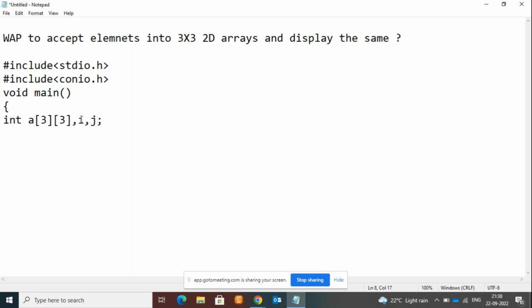And I need two different variables, i and j. i indicates rows, j is for columns. Next, after declaration, clear screen. It is optional, but if you want to use clear screen, we have to include conio.h. Next, we need printf